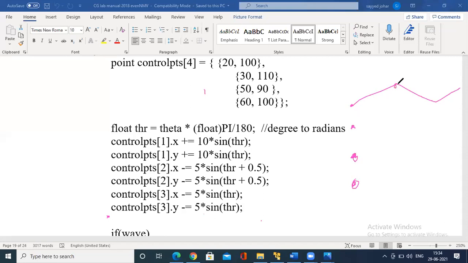Whereas the control points towards this side have a change. This is going to change. This is going to change. They will have an effect. While fluttering, try to understand, these points will change, whereas this is fixed to the pole. Is it or not? Like this, we are going to draw. So this is fixed to the pole, and hence we are not going to change it. So in the display function, that is the first point.